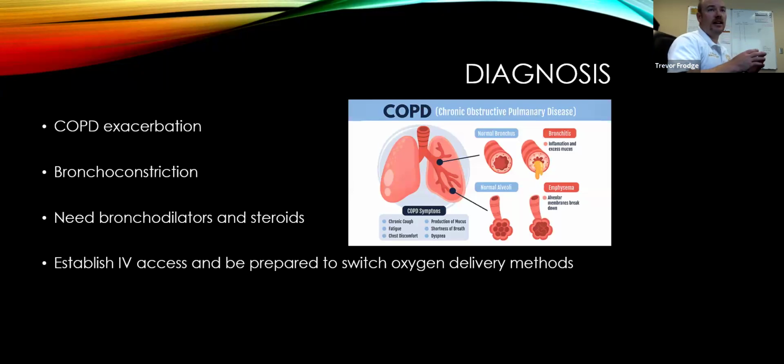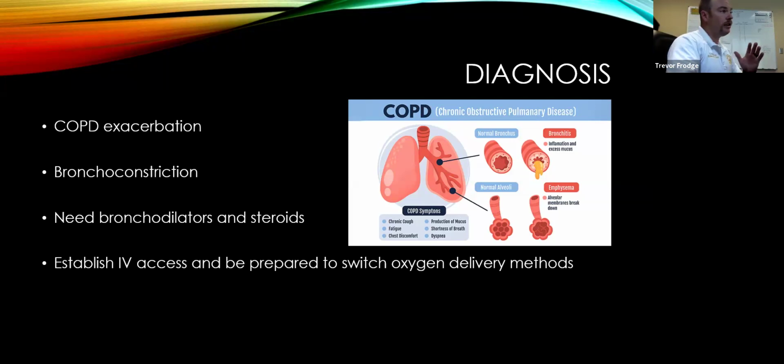So this guy's got COPD exacerbation. His COPD, or his chronic obstructive pulmonary disease, is really, really, really bad. He's bronchoconstricted down, so he needs bronchodilators and steroids. The other patients, not so much. But this is the guy that absolutely needs albuterol, Atrovent, and let's get going. We should establish IV access if possible. A lot of these patients are kind of hard sticks, and be prepared to switch oxygen delivery methods, right? So this guy might have already been on a cannula before. This is where, hey, we might need to be going to a